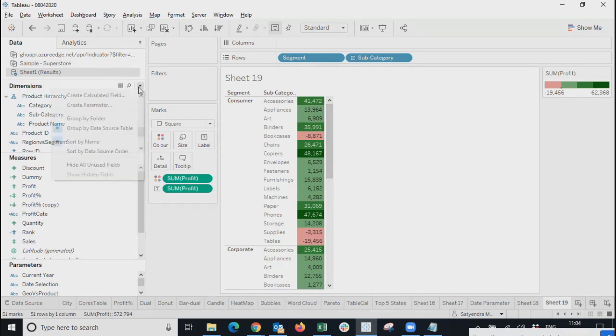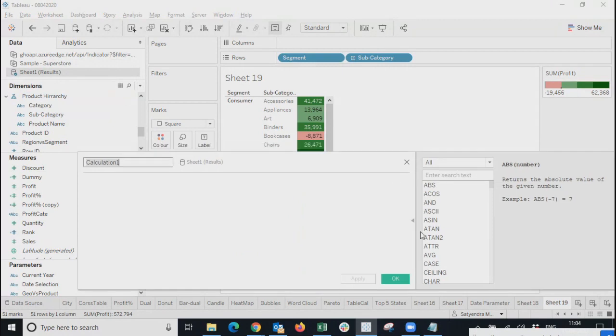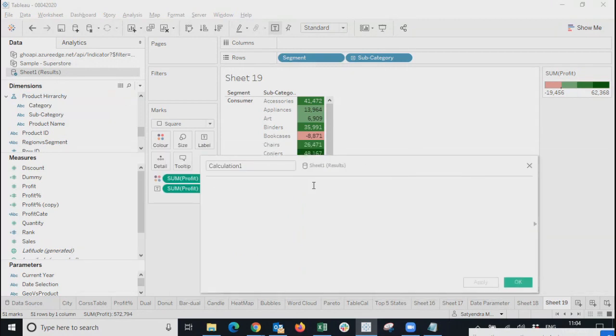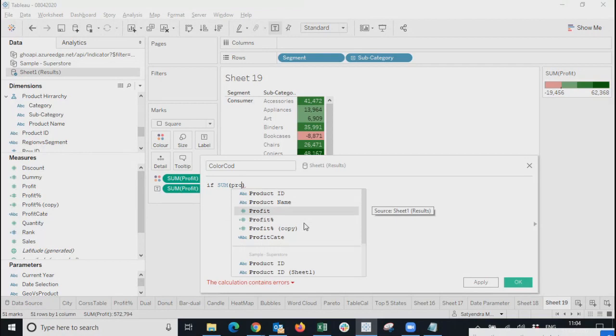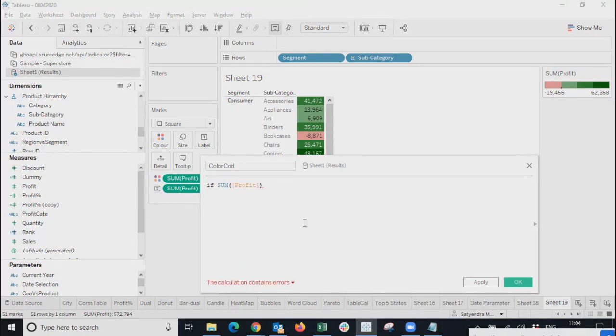So what I'll do here, we'll go here and say color condition, and we'll type: if sum of profit is less than or equal to 1000, then let's say R for red,